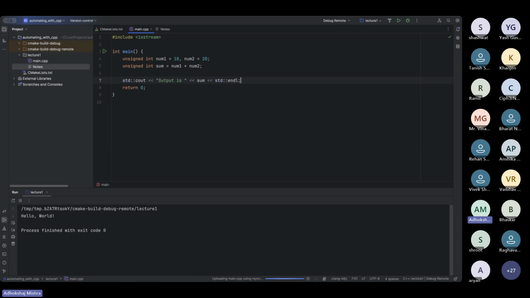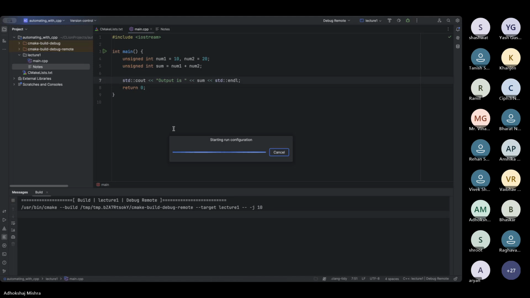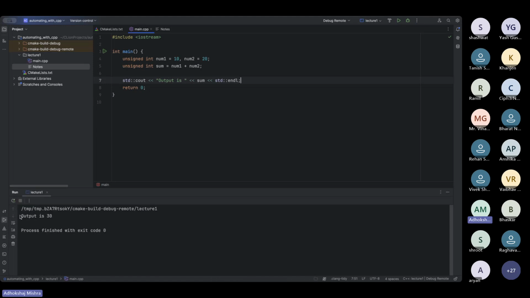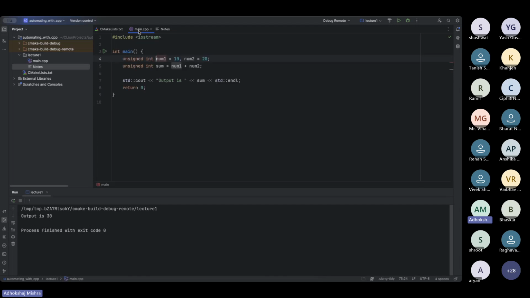Okay. And what I'm going to do, I'm going to do build all, then run. And here I see that output is 30. So here I am able to add two separate values. Similarly, I can do subtraction, multiplication, division. So if I do say multiplication here and I build and run it again,